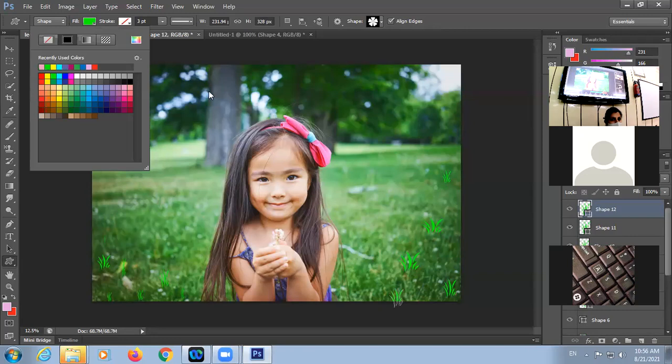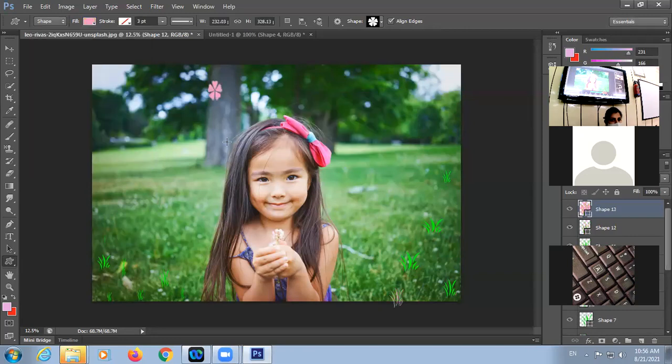These are the custom shapes. So you can enhance your image, right? The shape tool is clear. Any doubt in the shape tool to anyone? Shapes and custom shapes. Okay.